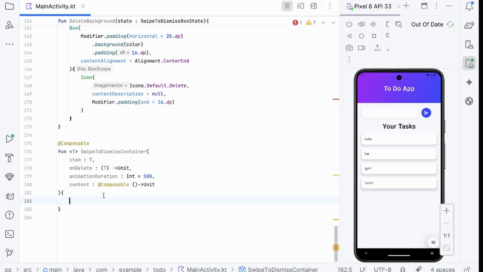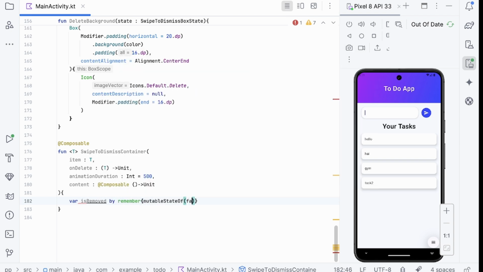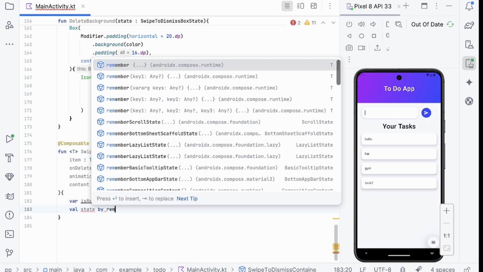So these and all is going to be used by me. And there's a key, like remember mutable state of false. When the remove functionality is executed, then only we need to remove the entire item from the list. So let me have this as a thing, and we need to initialize some state like remember